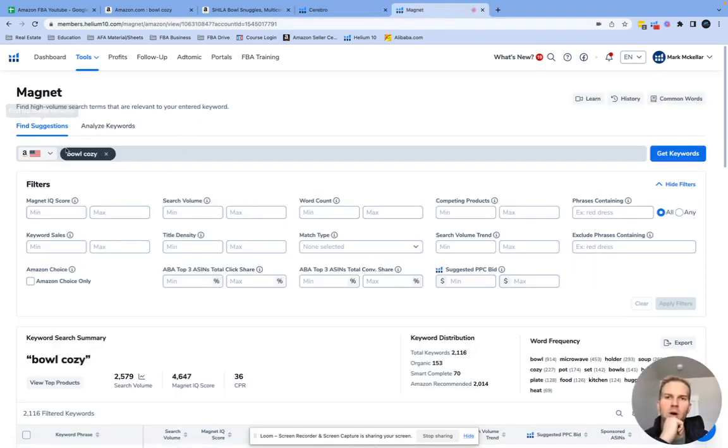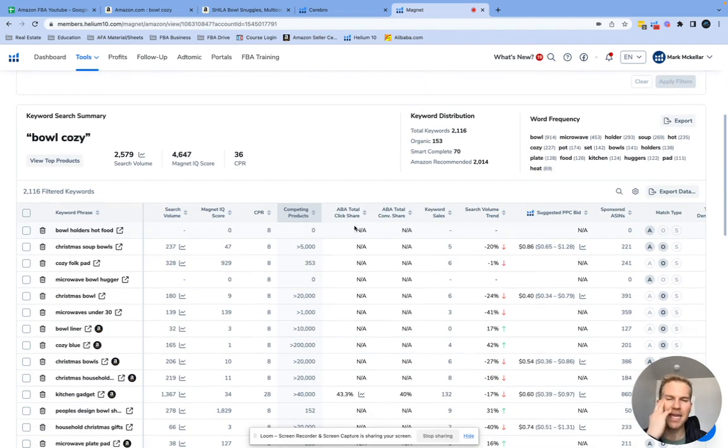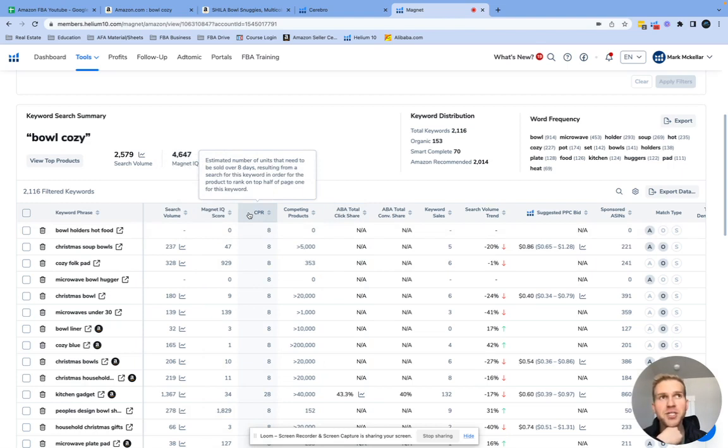If I want to find similar keywords to bowl cozy to put in my listing, then I type in the keyword here and I get keywords. It spits out suggestions, but I can't find average review count for these keywords, which is kind of frustrating. But how I would detect competition in place of average review count is number of competing products and CPR. CPR is, and I'll just read it, estimated number of units that need to be sold over 8 days resulting from a search for this keyword in order for the product to be ranked at the top of page one. Basically, what that's saying is,